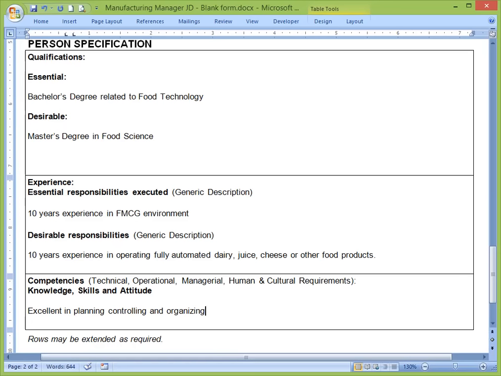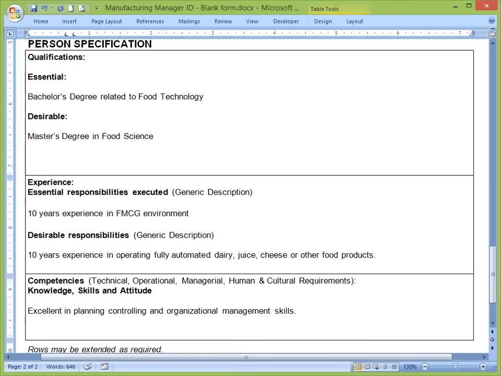Organizational management skills, that would be okay. What else? Results focused. And proven